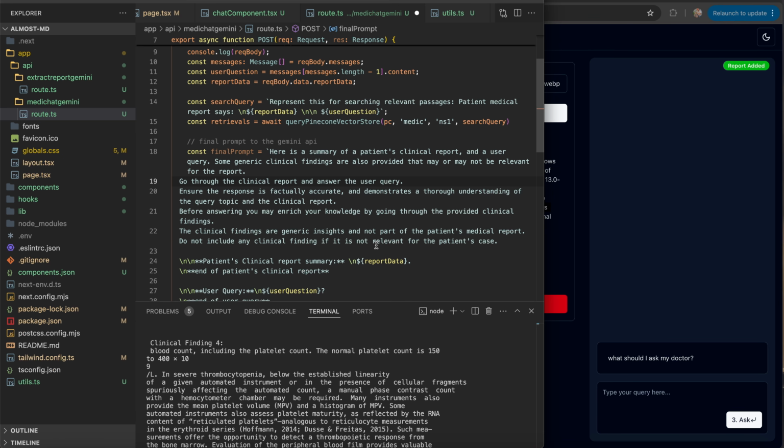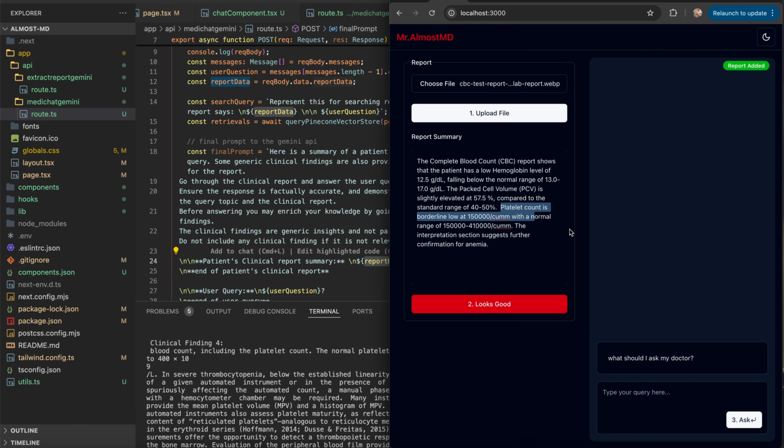Obviously, this prompt has a lot of room for improvement, and I did not invest enough time going back and forth creating a concise and very effective prompt. And you can obviously try with different prompt structures and everything. And if you can find a better prompt, it would be very helpful if you can post that in the comment section. And then I went ahead and added the clinical report from the extracted report,